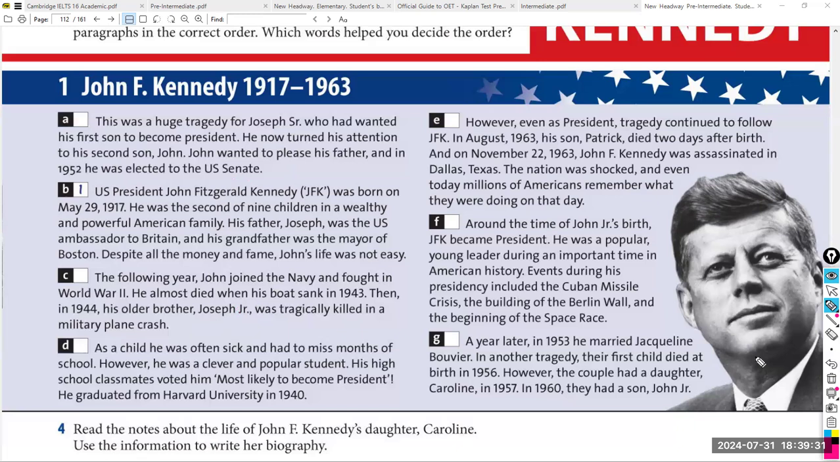Now I want to ask Maisa. Can you hear me? Yes. Please, can you read paragraph B? U.S. President John